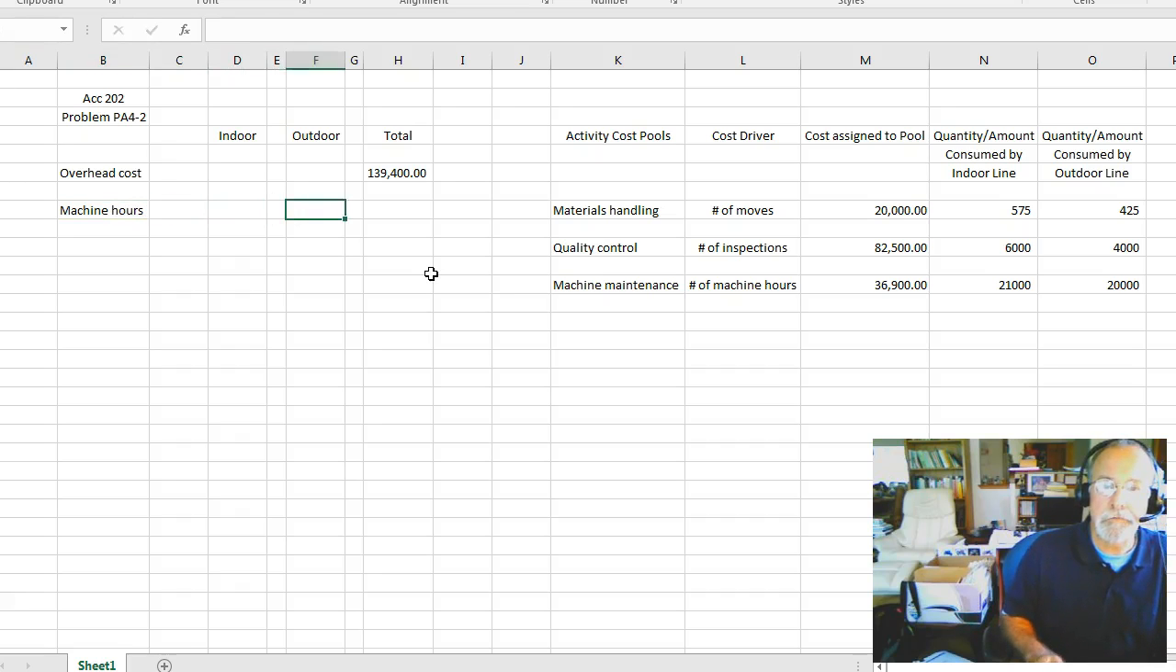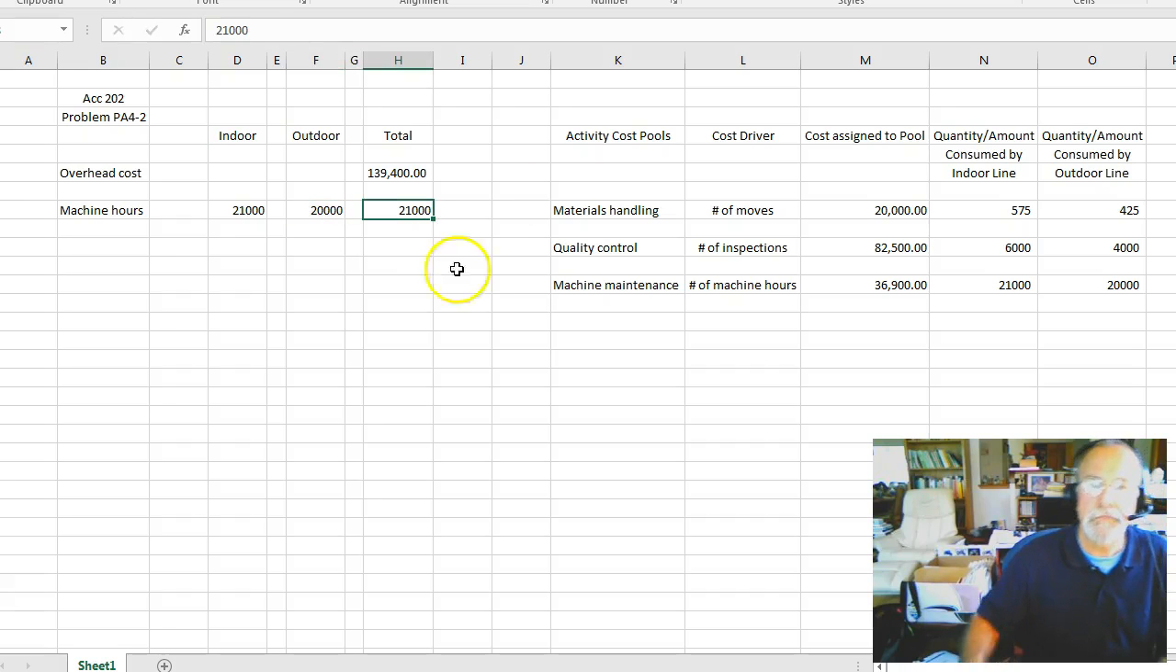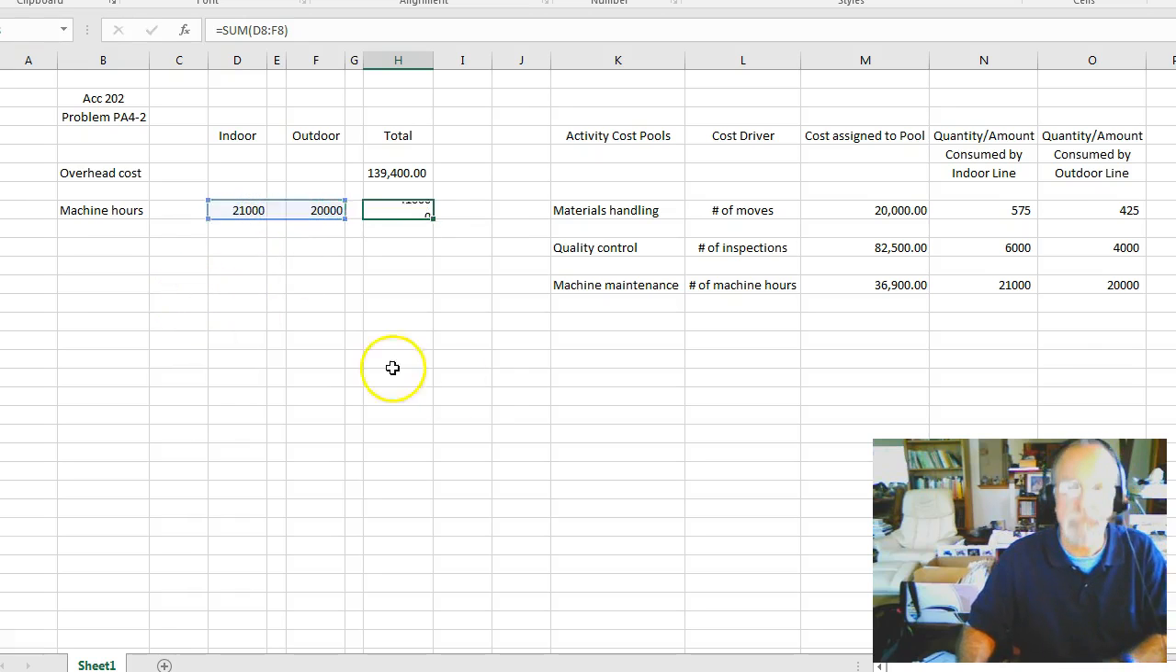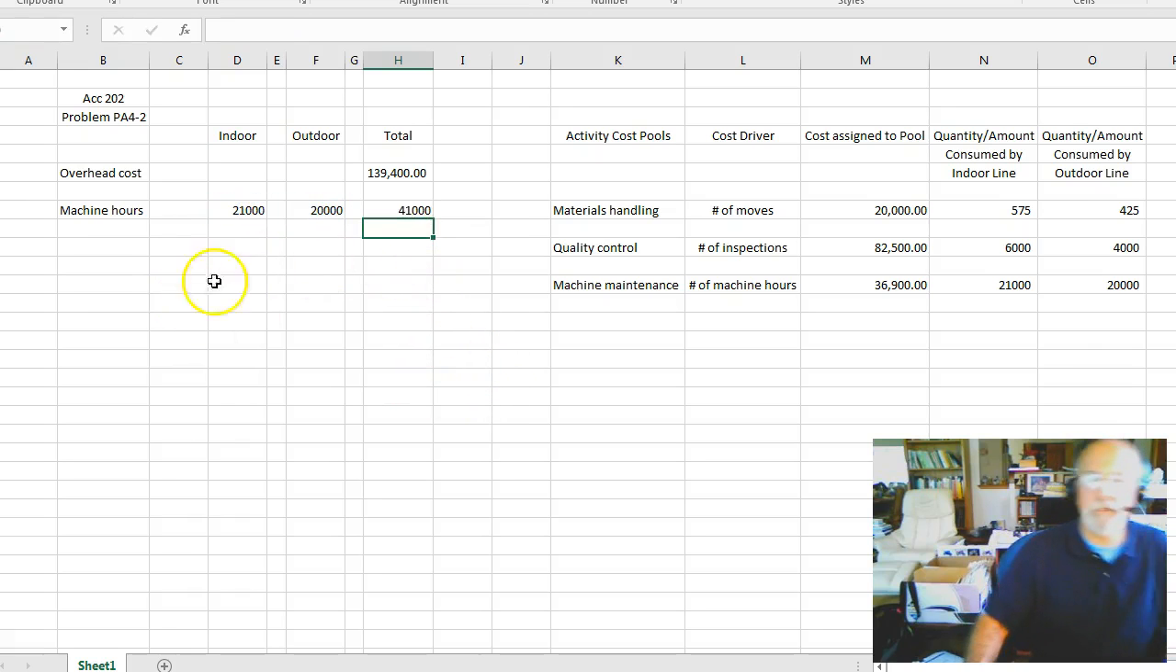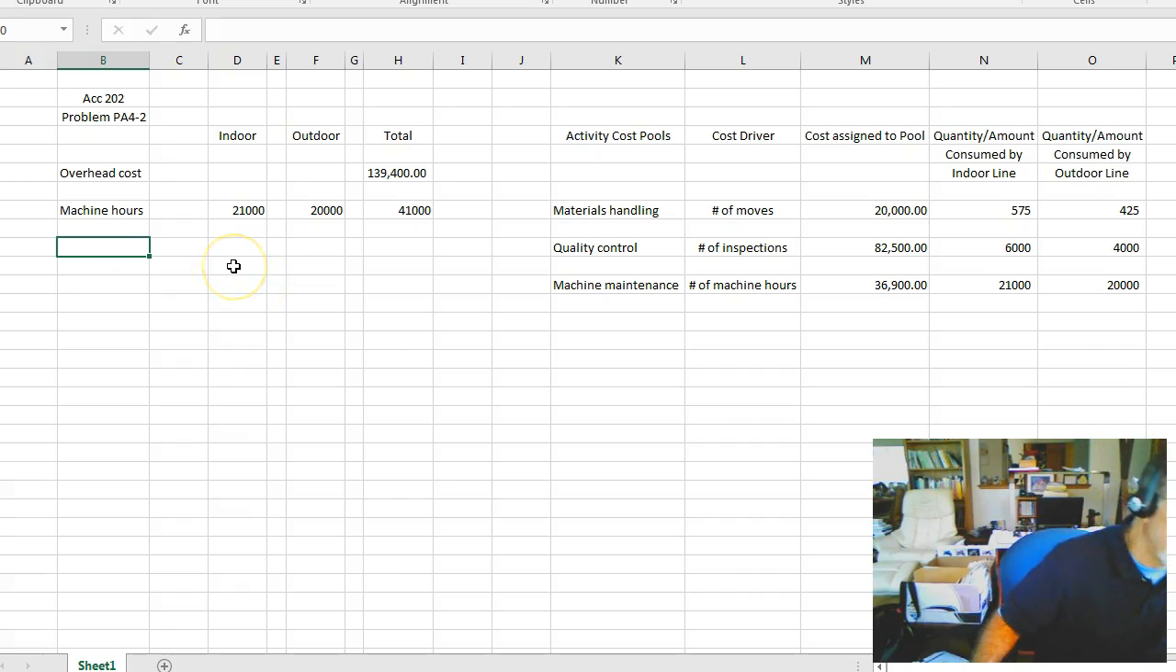The total was 21,000, I'm sorry, 21,000 for indoor, and 20,000 for outdoor. And so we would want to put a total on that, and that'd be 41,000. And so under traditional cost